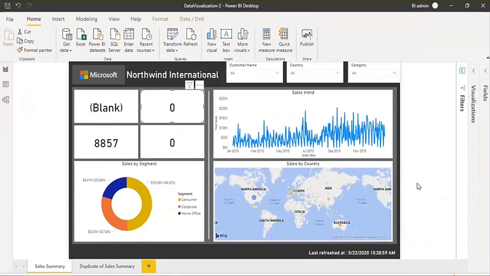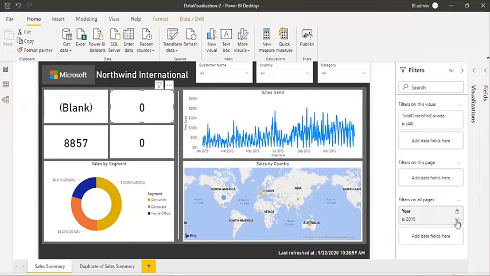Then we have another filter, that is drill through filter. What is drill through filter? Drill through is something like, for example, you want to move from one page to another page based on the selected value. Let's say here I have this data. Okay, and let me just remove the filters first, because very less data is coming.